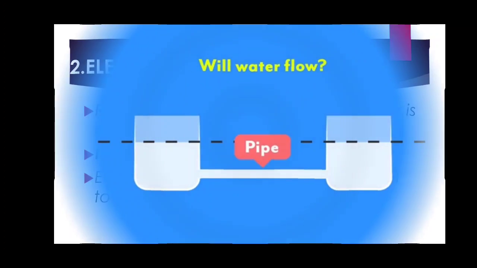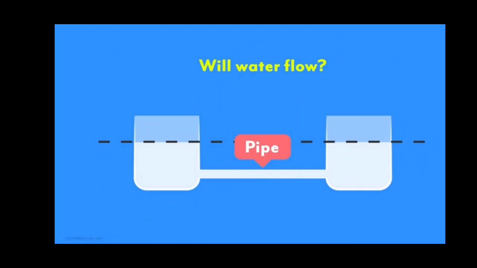Let us understand the term potential with the help of this activity. Here we have two beakers. Beaker 1 on the left hand side and beaker 2 on the right hand side. Both the beakers are connected with a pipe and both are filled with water. The water level in both the beakers is the same. Will the water flow? Your answer will be absolutely no. So here, why is the water not flowing? Yes, you are right. The level of water in both the beakers is the same and both the beakers are